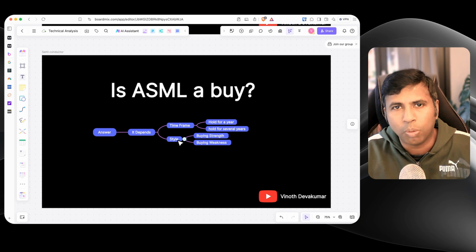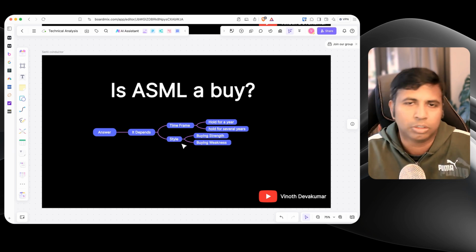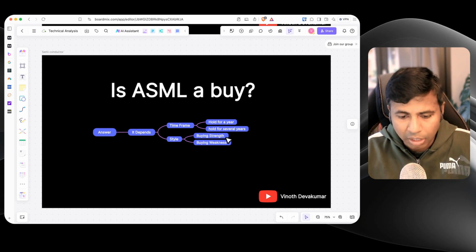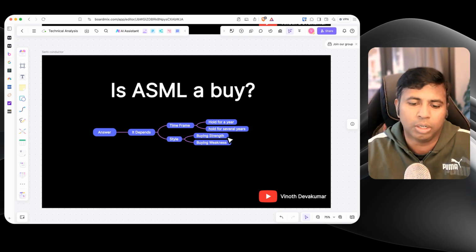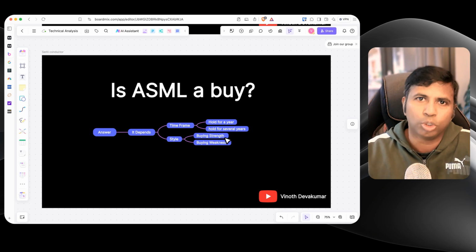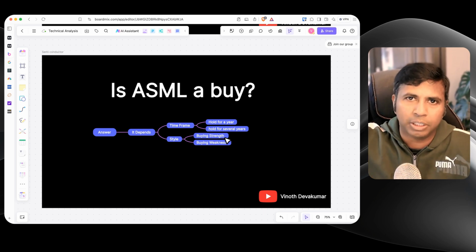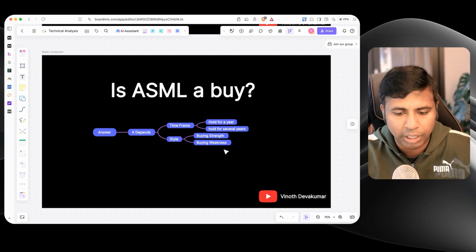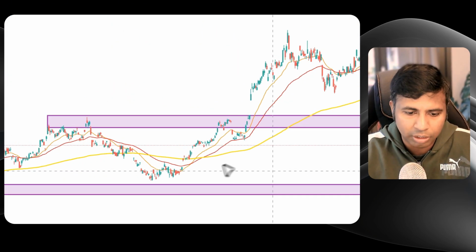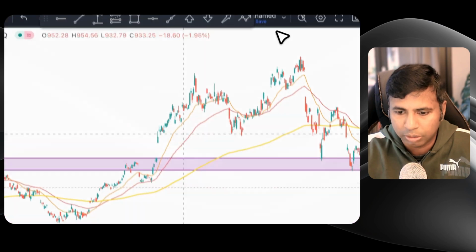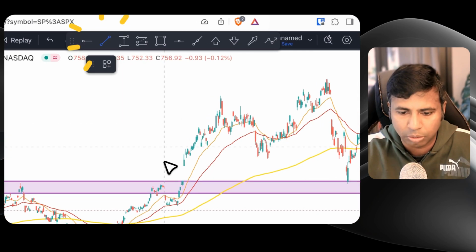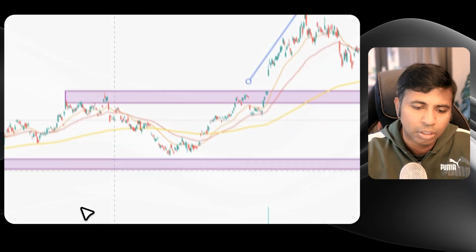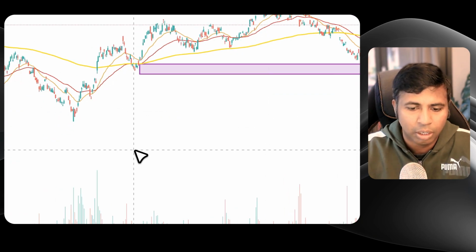And also it depends upon what style of trader you are, what style of investor you are. Now, if you like buying strength or you like buying weakness. Buying strength is buying breakouts, or when the stock is showing a strong momentum and is going in the upward direction, that is called buying strength. I'll show that in the chart. So buying into strength is buying these breakout phases where the stock is moving in the right direction. So this is called buying strength.